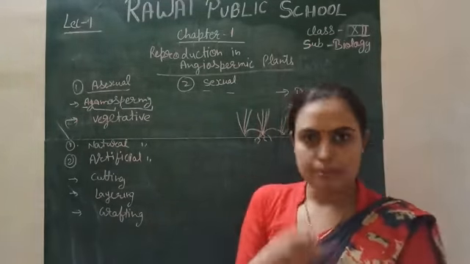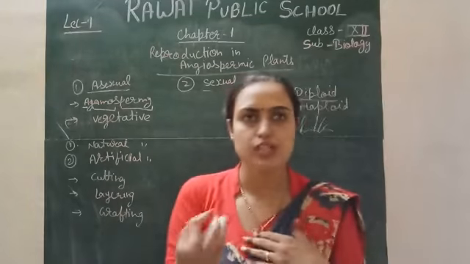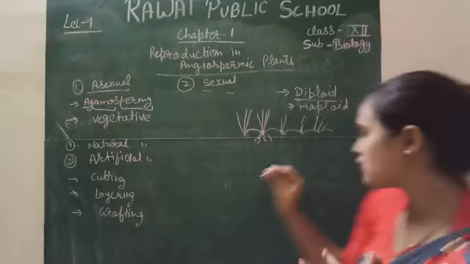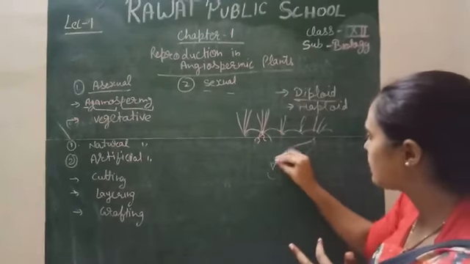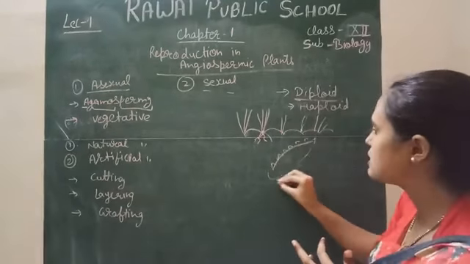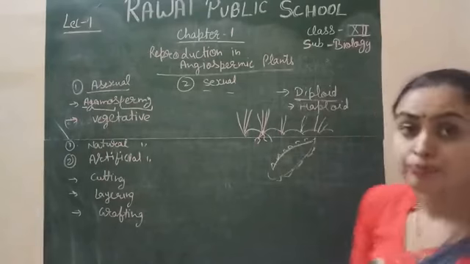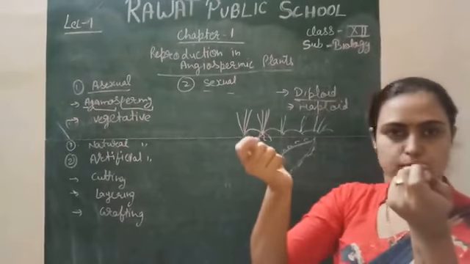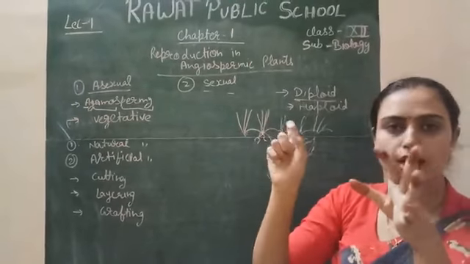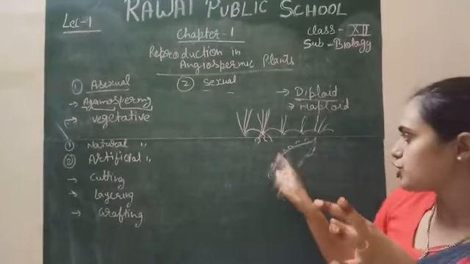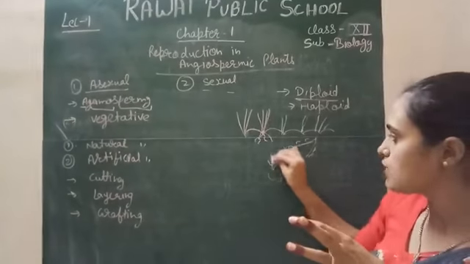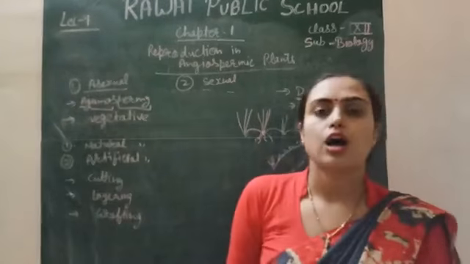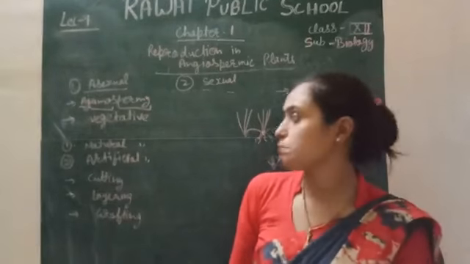Simple. Similarly, begonia is also a plant whose leaves have nodes at their margin. This is the leaf and here the nodes are present in these leaves, bryophyllum and begonia. Simply, when they split from the main plant body and touch the soil, they produce adventitious roots from these nodes and the new plant is produced. After the formation of roots, a new plant is formed simply.